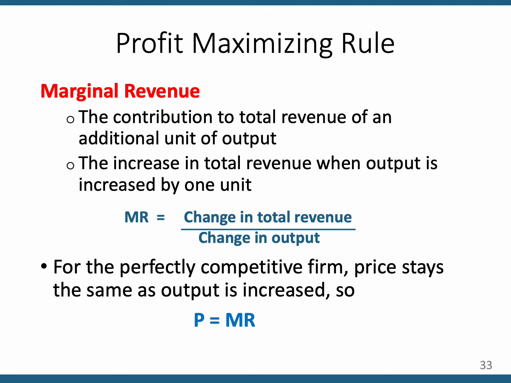If you increase by 1 more, you're producing 11 today, whereas yesterday you were producing 10 per day. Your total revenue should go up by whatever the price is. You're producing and selling 1 more. So price is equal to marginal revenue, but this only happens with pure competition. It does not happen with the other market structures, and I'll remind you of that.